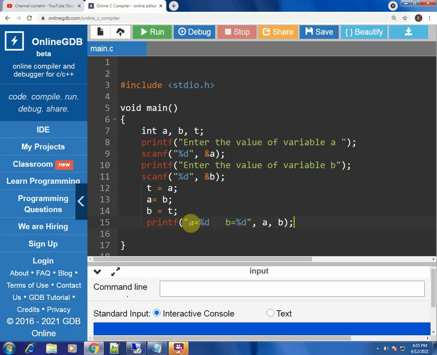So if you see this particular line a equal to %d, what will actually happen is over here the actual value of the variable a will be displayed when the compiler runs or executes this printf statement. And over here the value of b will be printed.